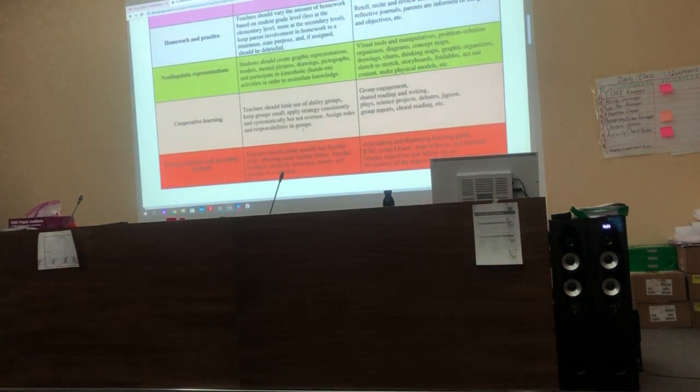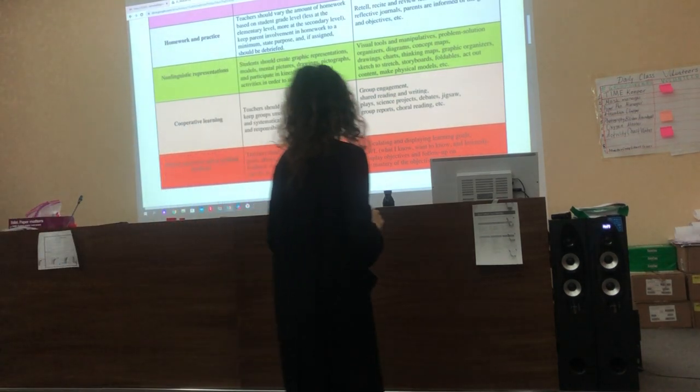All right. Setting objectives and providing feedback. Teachers should create specific but flexible objectives. Cooperative learning: teachers should limit use of ability groups, keep groups small,